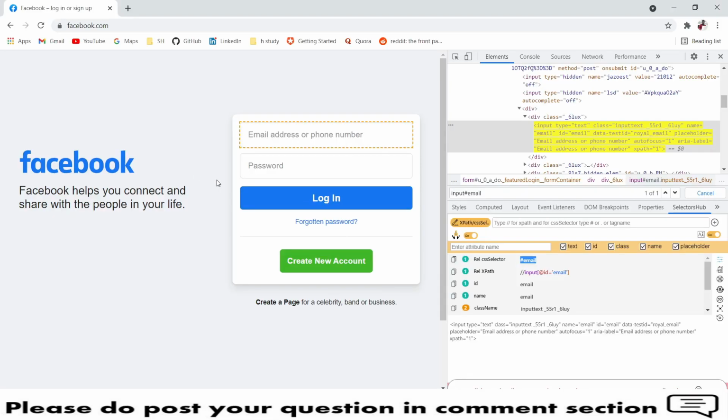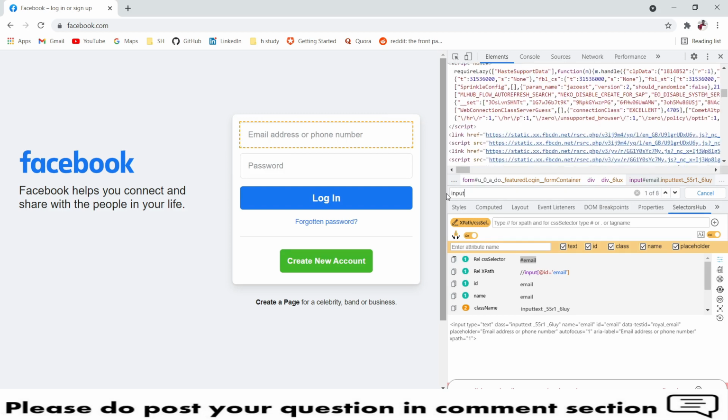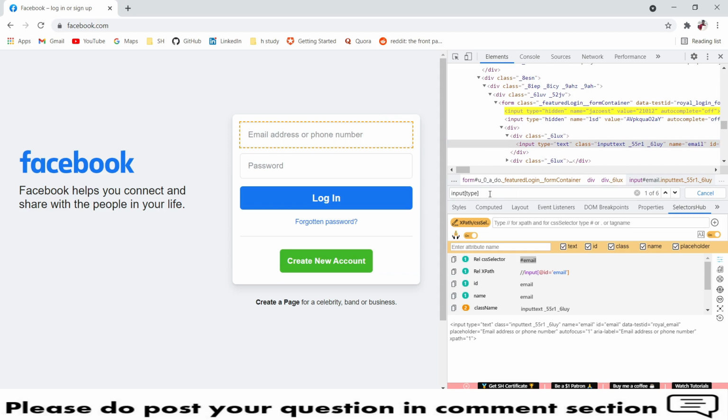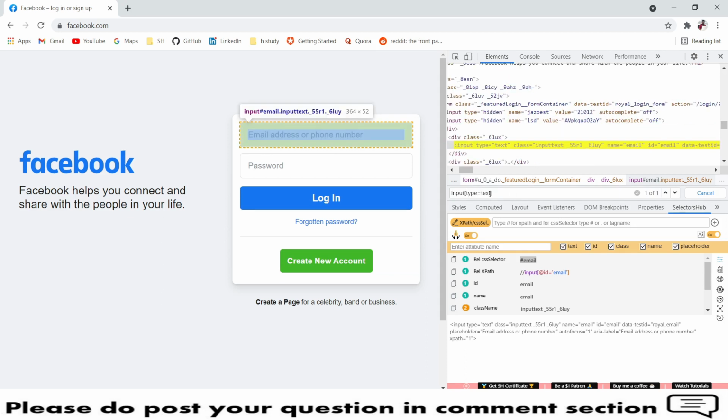So you can provide the value in that. So we'll jump back here, and for the manual process, if you wanted to identify that, then you can use this approach. So input is my tag, and after that you wanted to identify attributes for it. So the attribute will be type. You can use the type as text, so you can directly use type here, type equal to text. Right? So this is the approach you can find it.